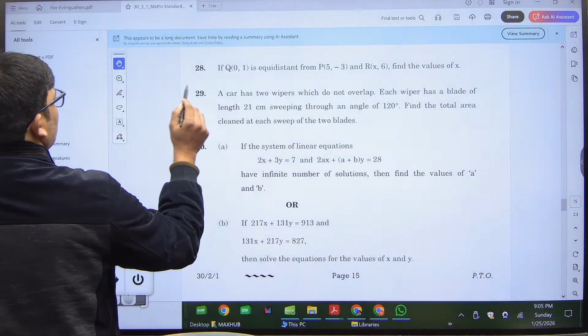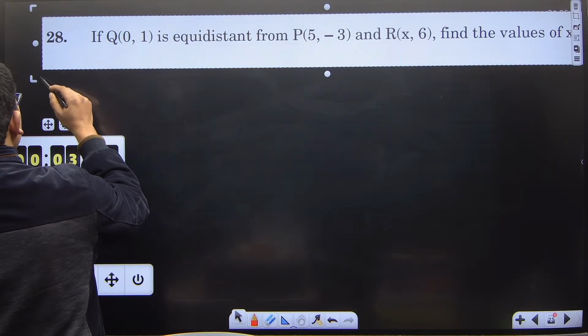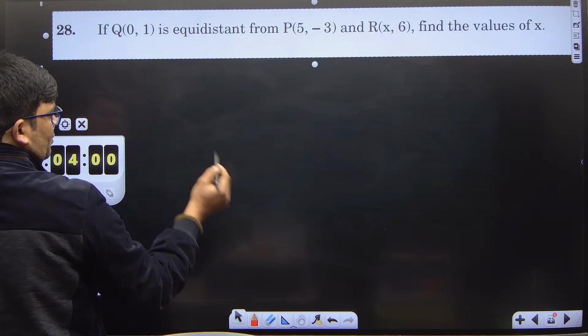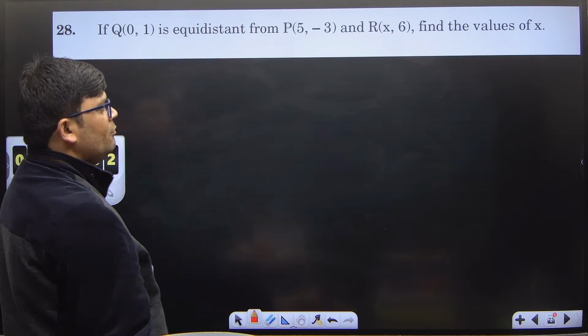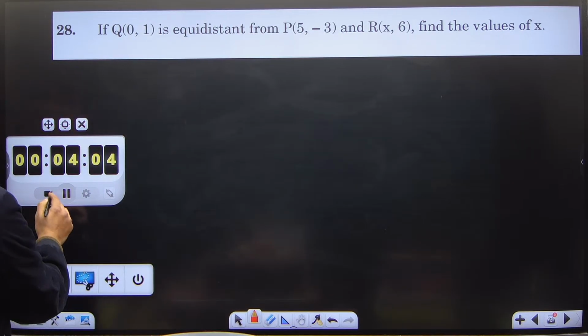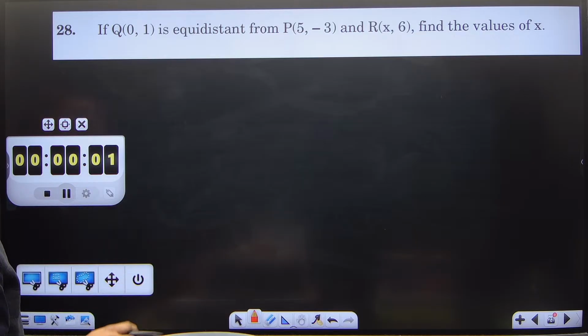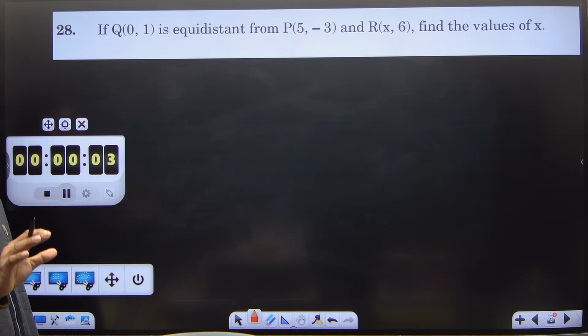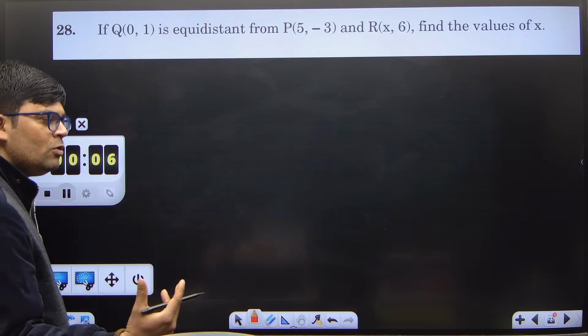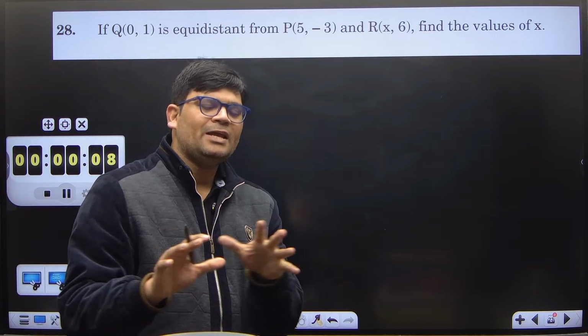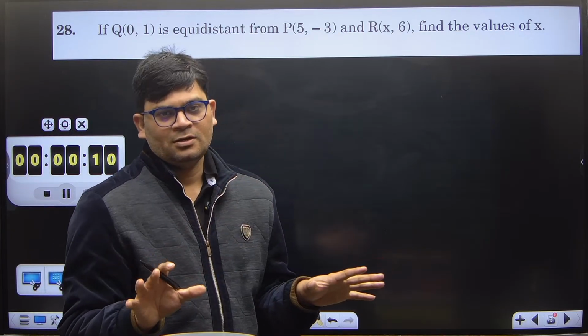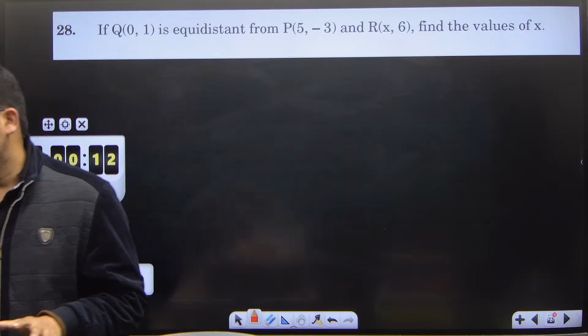Next question. If Q(0,1) is equidistant from P(5,-3) and R(x,6), find the value of x. So again you will be given 4 minutes. In the examination you will be given 6 minutes. मैं तुमको 4 मिनट के लिए इसलिए तैयार कर रहा हूँ कि जब रियल रेस हो तो आप वहां पैनिक मत करो, यू डू वेरी इजली। आपको पता है कि आपकी क्या पेस है।